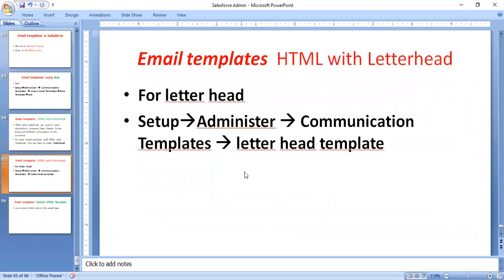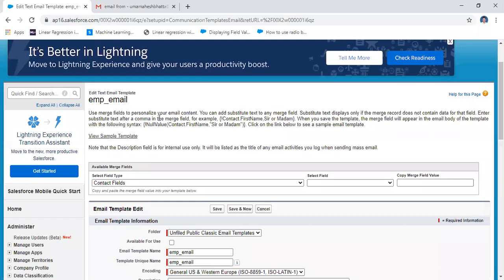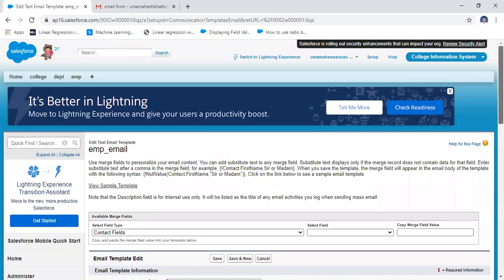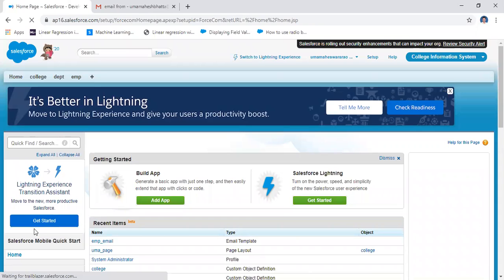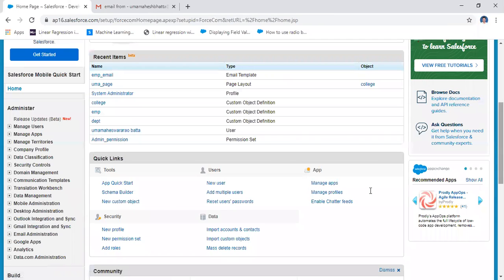How can you create that one? Go to setup, then administrator, communication templates.